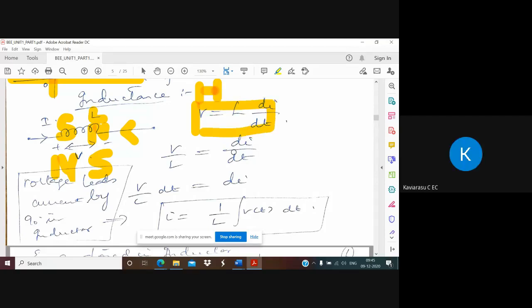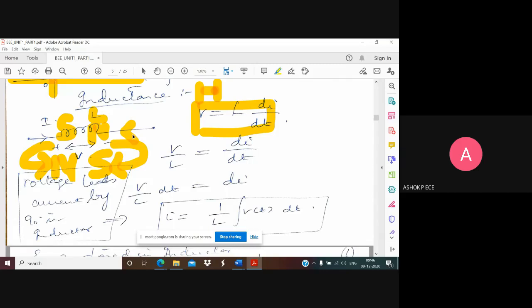Can you explain the directions again, sir? See, whenever current is going to flow through any component, the current entering the node is positive and leaving the node is negative. That terminology is followed for L, C, R, any component you consider inside a circuit. If current flows through a coil, a magnetic field is set up across the coil. In a magnet, you have a north pole and a south pole. So when current flows this way, the positive side of voltage correlates to the north pole and the negative side correlates to the south pole.